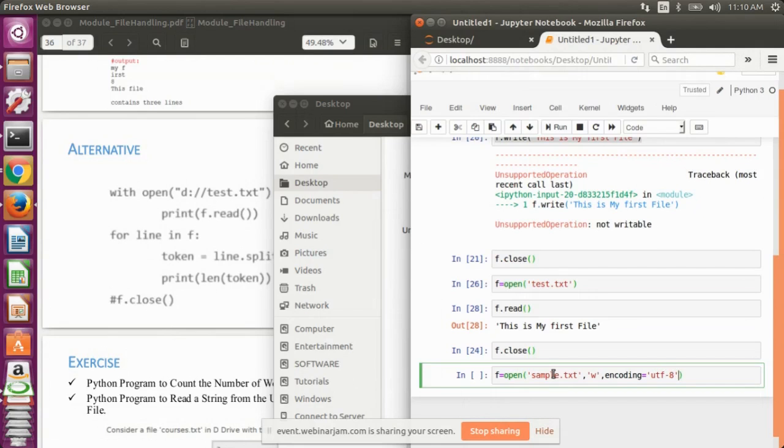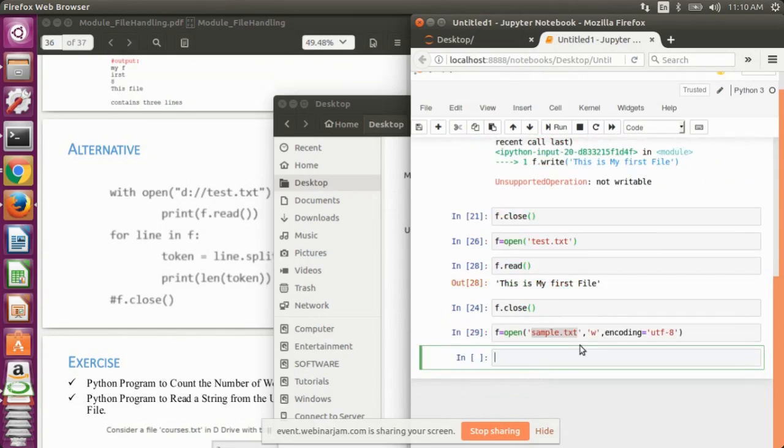Now this file is not there on my desktop, so in my current directory, and I have used the open command. What this statement will do is it will not give me an error. It will create a new file with the name sample.txt. If I run this, it has run without giving any error.